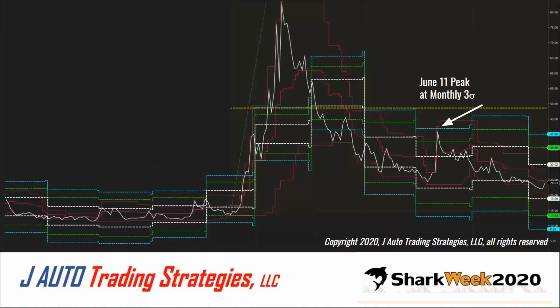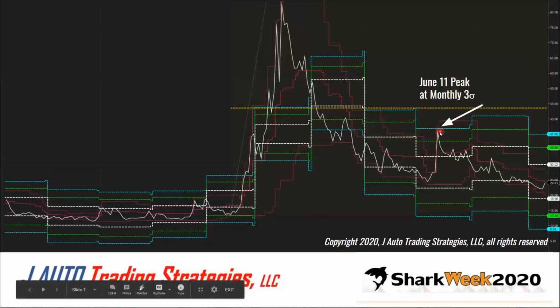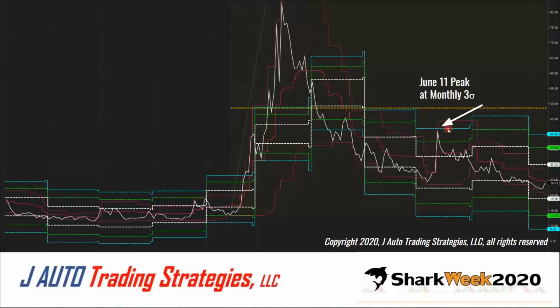But we're going to definitely learn more about the bell curve and using standard deviations in a few slides. For right now, I just wanted to show you that the bell curve is probably the best method to measure volatility that I have found, as it smooths volatility out and gives us that standard deviation metric that we can use to see where we are in the range. This is that June 11th peak, and this is the monthly PT indicator, and you see price got to that monthly level and turned back around.